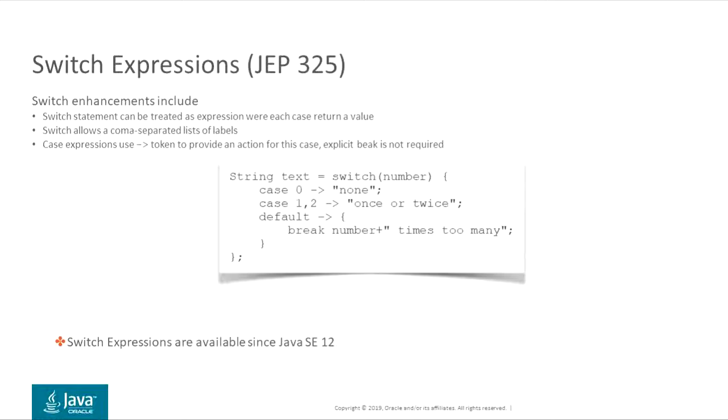Technically speaking, it's not the return keyword. It's break instead of return. But you can break and return a value, which is, well, interesting. You don't really have to put the break and return a value. You can just type what you want to return, an expression, whatever. But if you write a block of code, then you need to add a break explicitly. So that's an interesting way of treating a switch. It completely changes semantically what the switch does, of course. So still, next,